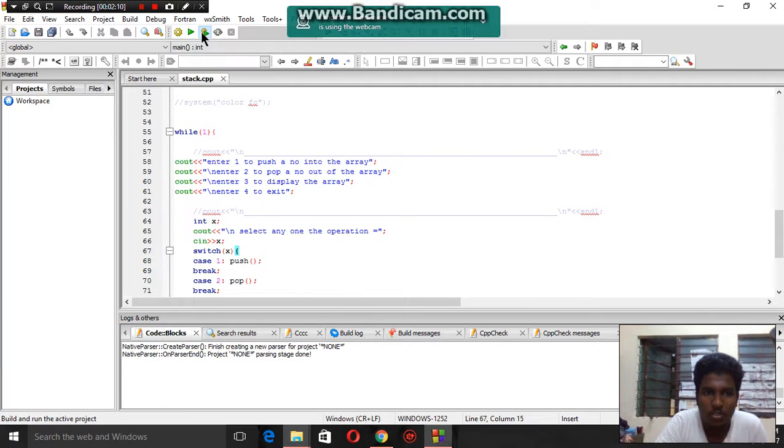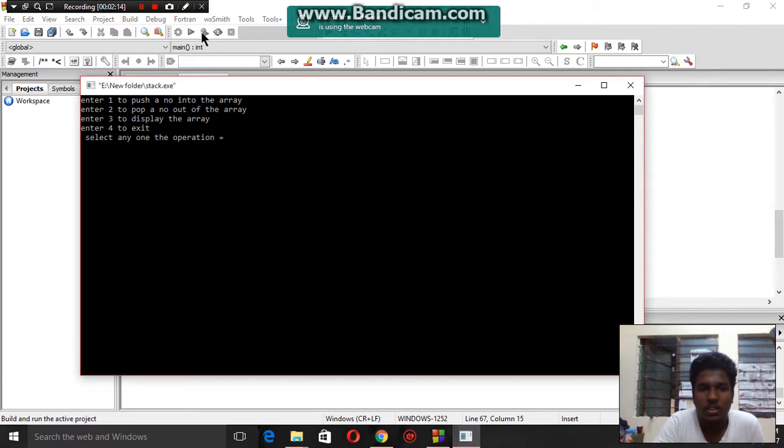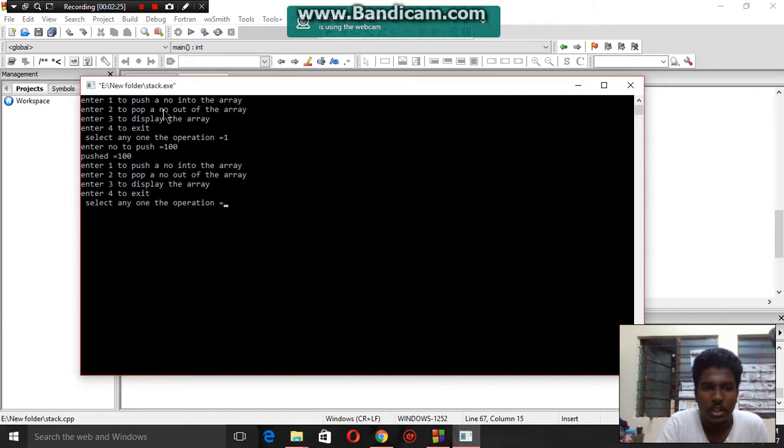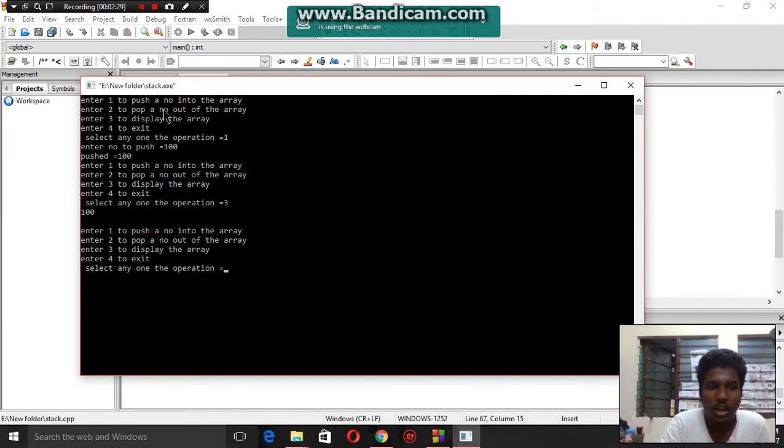And once we run the program, this is the output. Here it displayed that enter 1 to push a number into the array. We are now first pushing an element into the array, namely 100. Then we are going to display, so we are entering 3, and here the element present in the stack